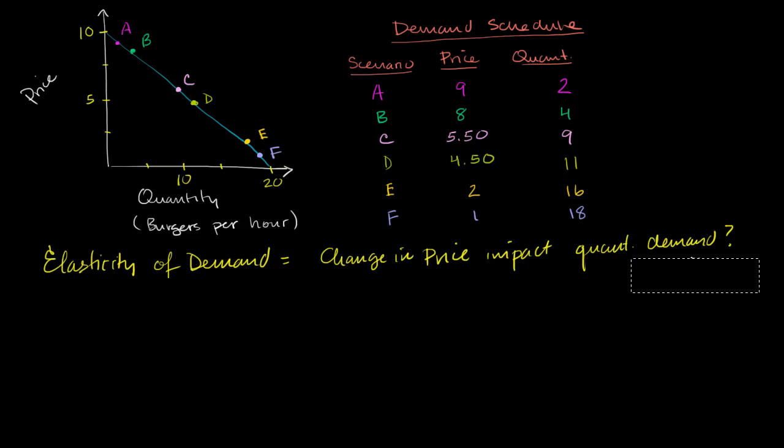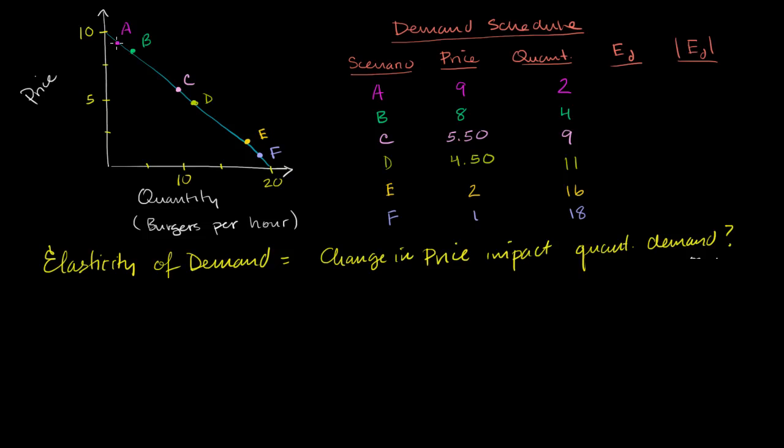And what I'm going to do is calculate the elasticity of demand at several points along this demand curve right over here. The first one, I will do from point A to point B. So let me make another column right over here. Elasticity of demand. We're going to have one column that's elasticity of demand, so it's a big E with a little subscript d. And the other one, I'll just take its absolute value, because sometimes people like to just think of the number, which will tend to be a negative number, and sometimes people like to look at the absolute value of it. So we'll look at both and see what it actually means.